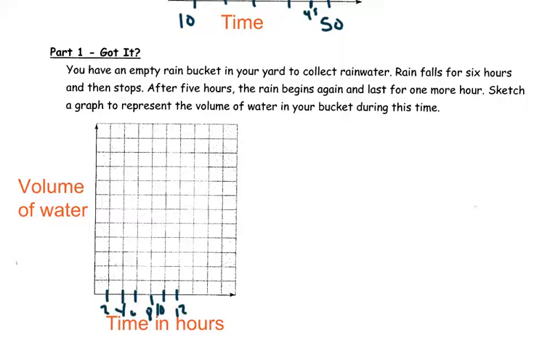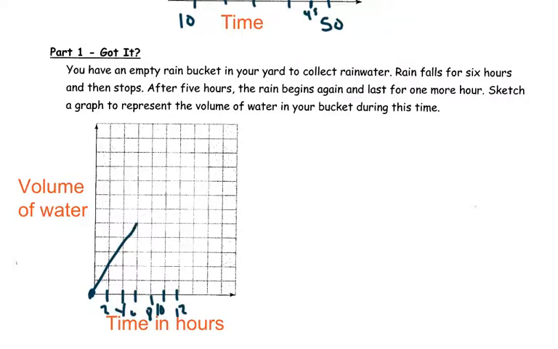And my volume of water, I don't know how much I'm collecting, but I do know that the bucket fills up, so the volume of water increases when it rains. So it says that it rains for the first 6 hours, and I would say that my bucket will start with nothing in it. So I'm going to start at 0, 0, and for the first 6 hours, it's going to fill up my bucket,